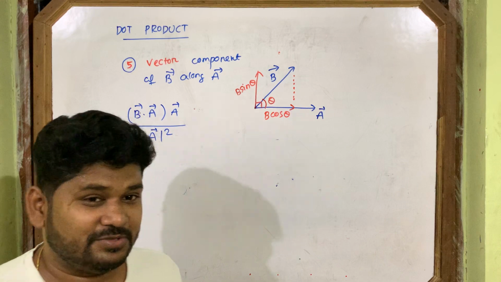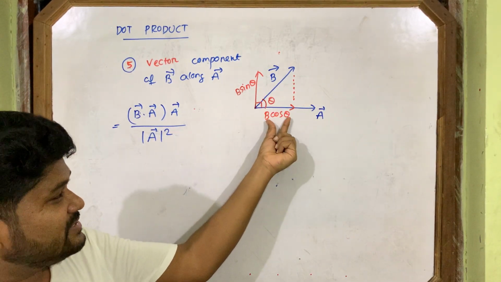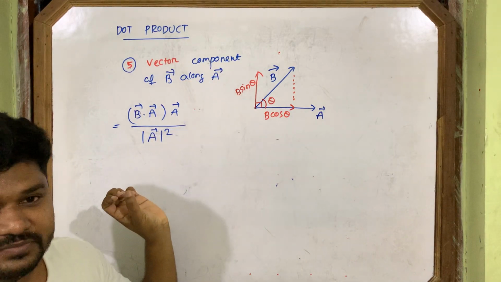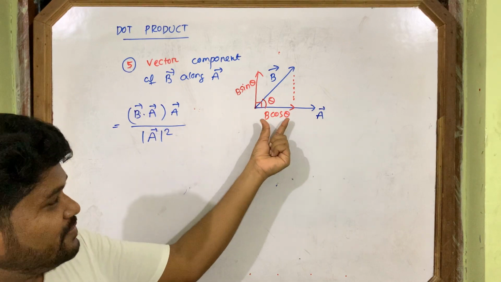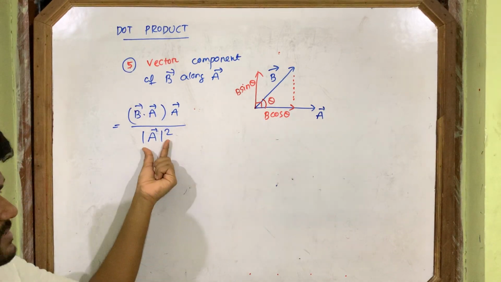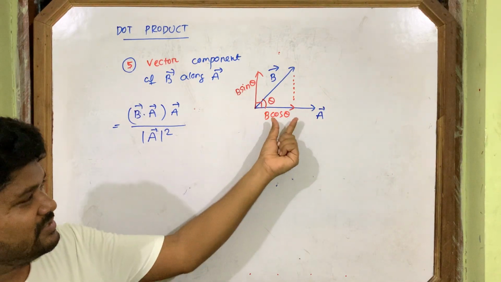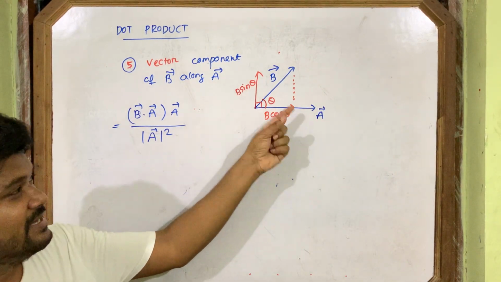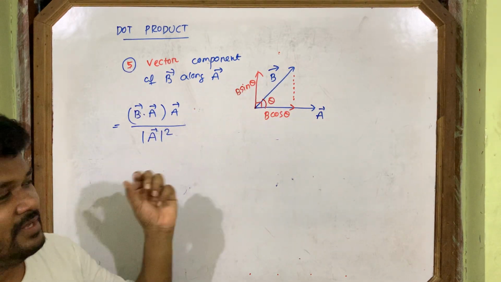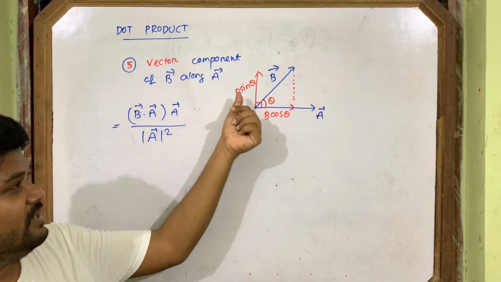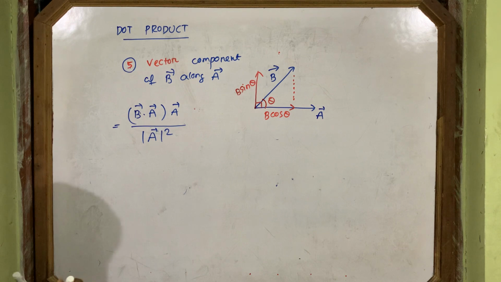If the thinking is coming to your mind, B vector is just the sum of this component and this component. And this component you already got. The parallel component, or the component which is along the A vector, you already got. B is the sum of this component and this component. You already got this component. How will you get the perpendicular component? So the perpendicular component is equal to